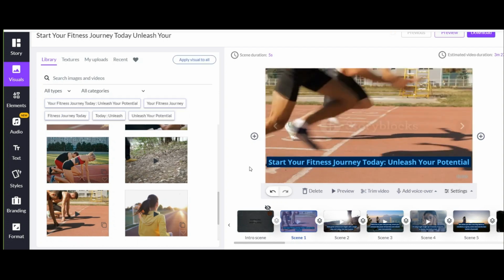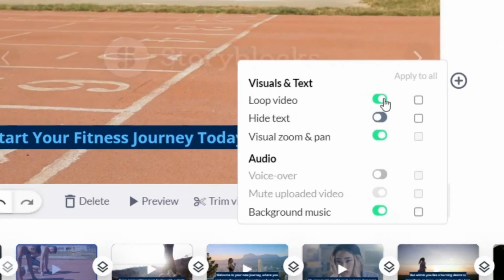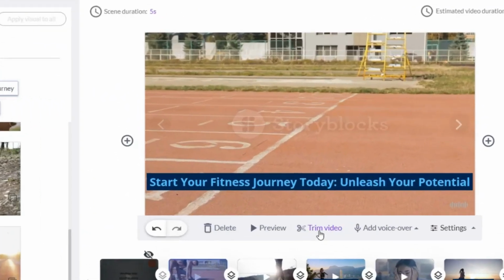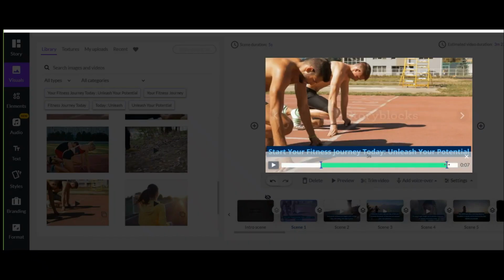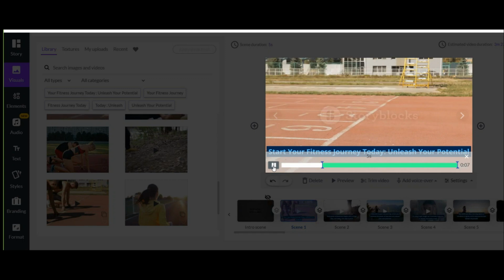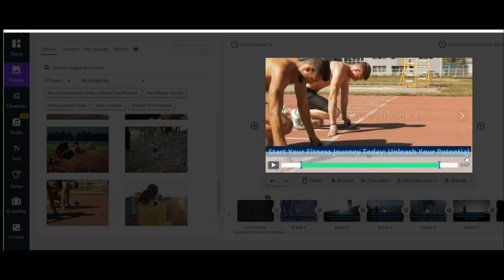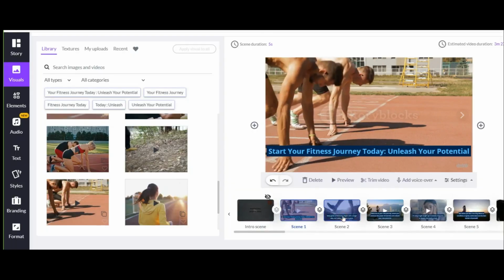In order to completely remove the loop item from all slides, I click on this option and then this option from this section. There is an option here, trim. You may have chosen a video for this slide that has a longer duration than the slide, but you want to use a specific scene in the middle of that video. Just click on this option and select that part here. I go to the next slide.